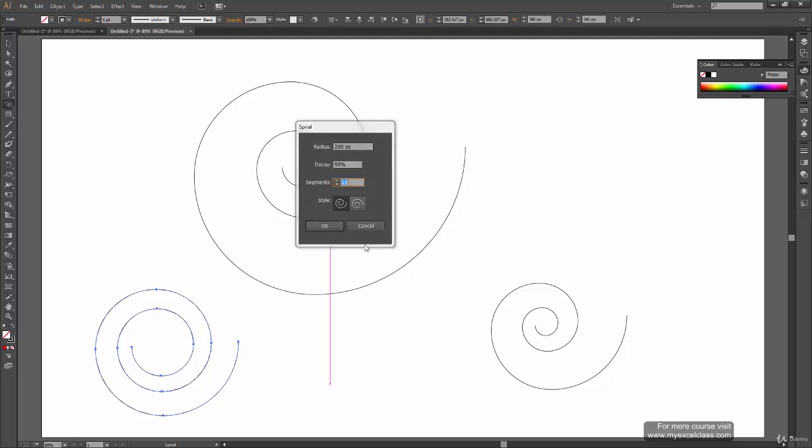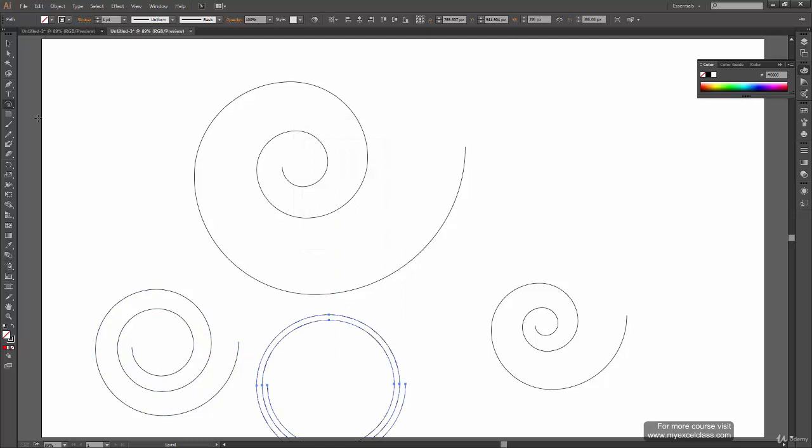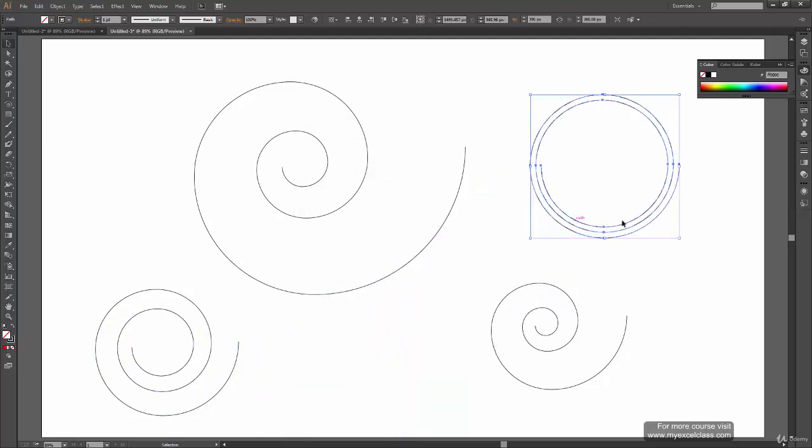If you increase it further from 90 to 98, there you have your spiral. So it increased the decay and all the segments have come closer and there is a lot of space in between. So that's how it modifies the spiral.